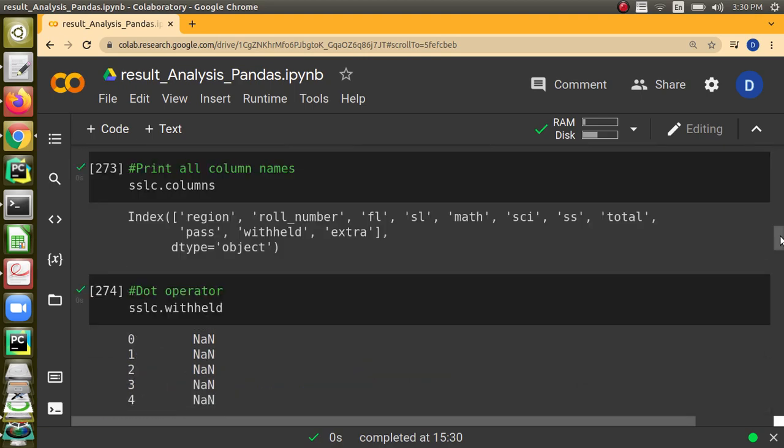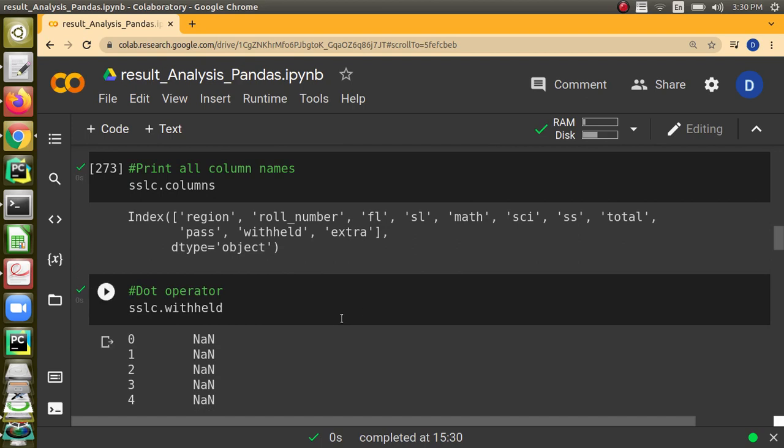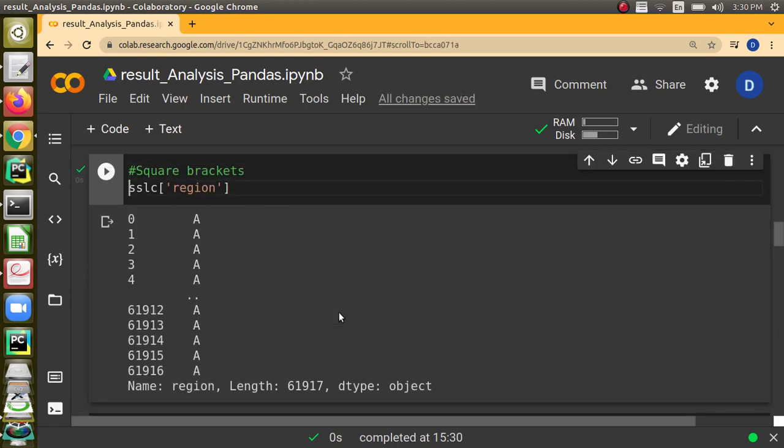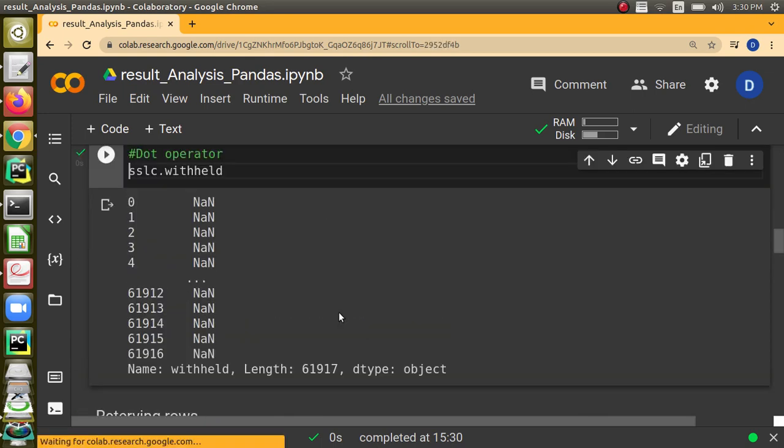Whereas with square brackets, we have to put the column name within quotes. So within the square brackets we can give it as we have done here, or else we can just use the dot operator and give the column name.